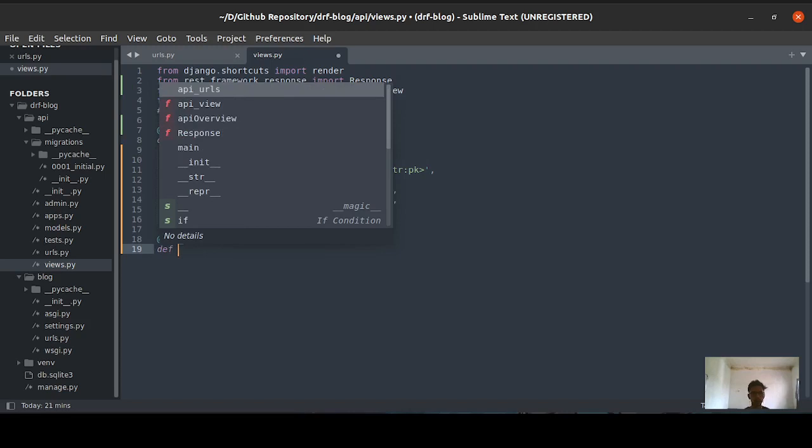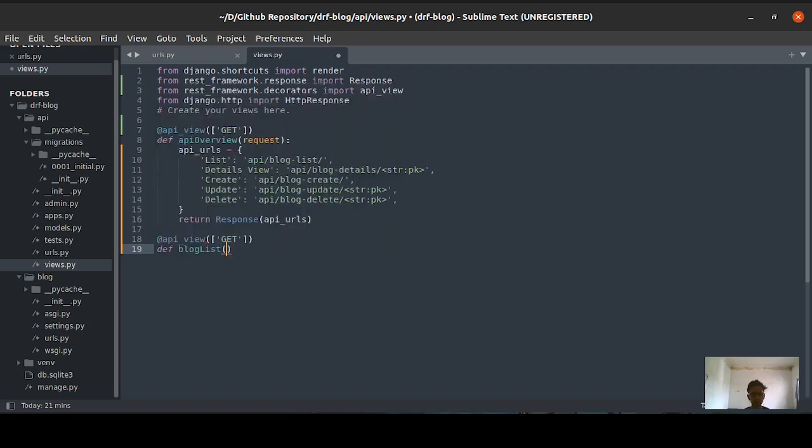You need to define a view, let's call it blog list, and you need to pass the request. You need to see all the blogs. That means you need to search all the blogs in your database, and then after searching, you need to return this. So you will say blog dot